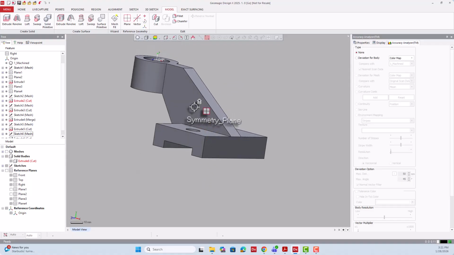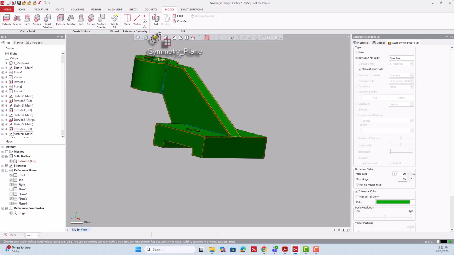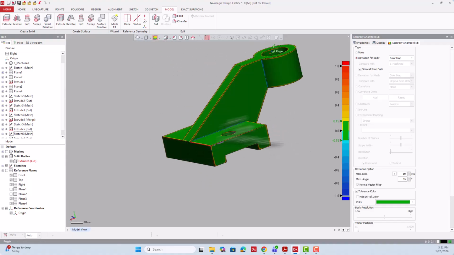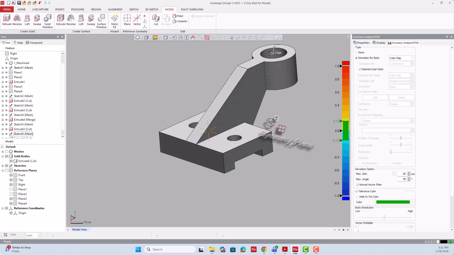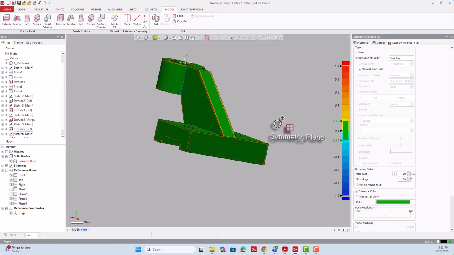So here we have learned how to align this particular body with respect to its own part coordinate system. And we have also seen how we can use the existing features and lines on the CAD, how we can use the convert entities tool to project those lines onto our plane and use it for accurately making our body and also making it smooth and